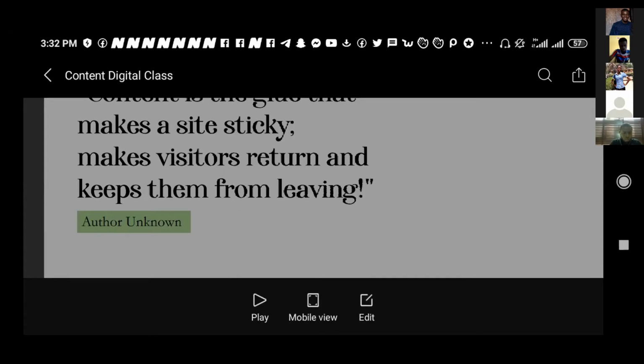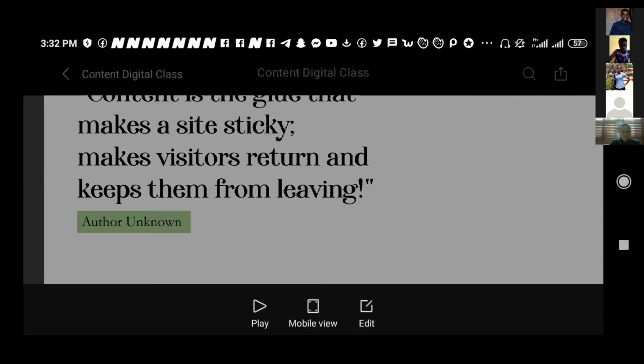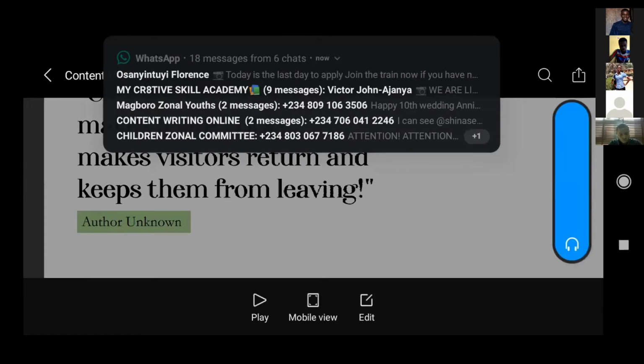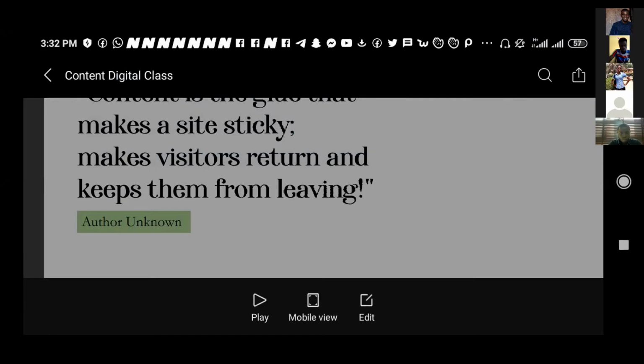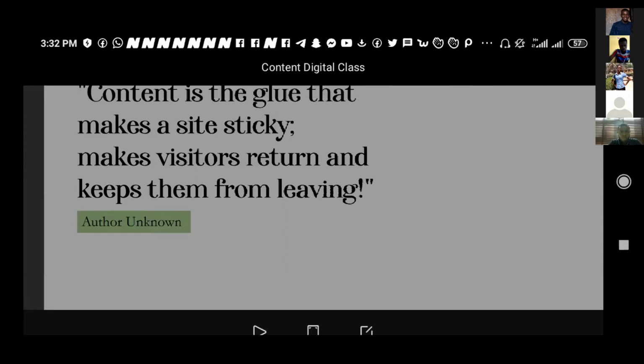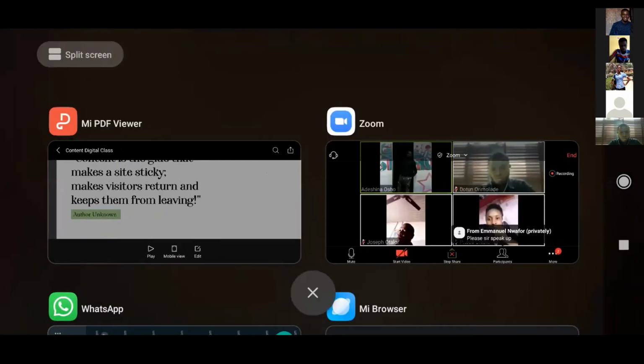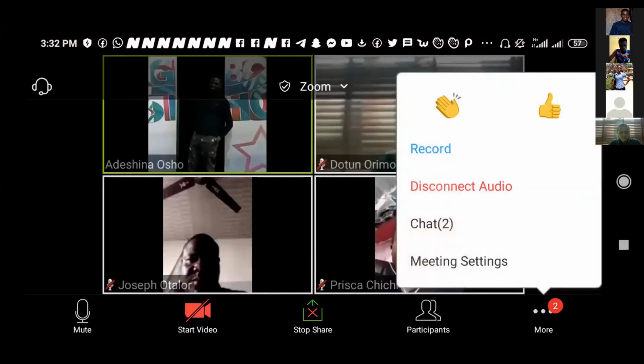Sorry to cut you in. There's a request on the chat room that you should kindly speak up. So we just increase the volume a bit, so that everyone can hear you. Sorry to cut you. Thank you for that feedback. Is it better now? Yes, better now. I think I would also have to shift from my screen sharing to the application so that I can see. I'm sorry for that.